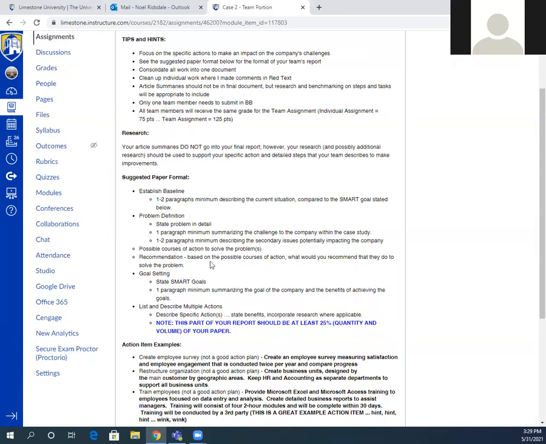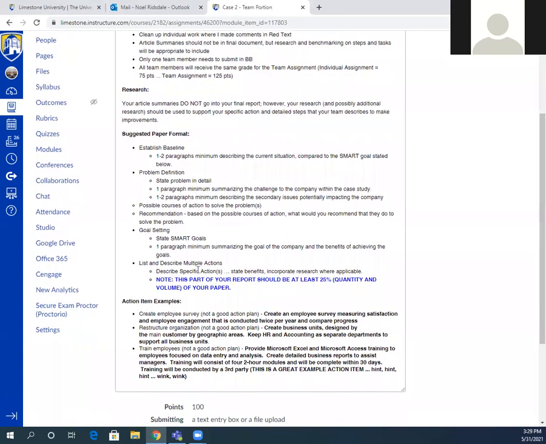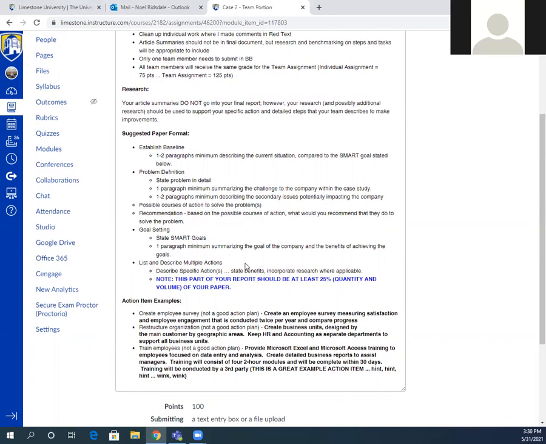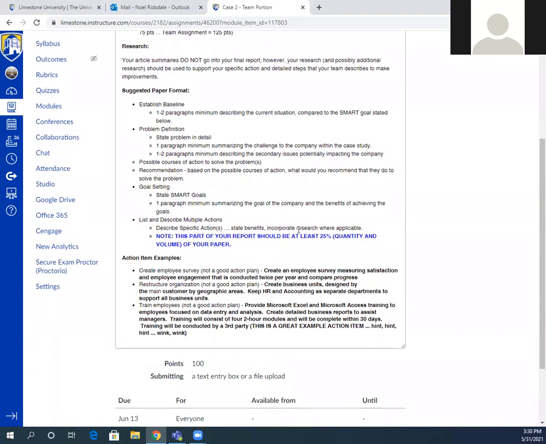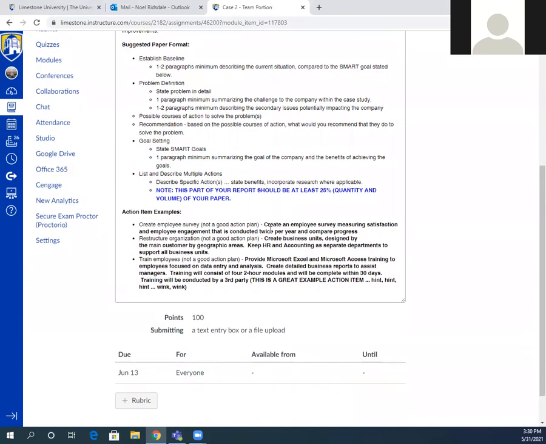The last part of this, as you can see, is description of the problems, recommendations, goal setting, with some action items. Those are specific, actionable items, similar to what we've been doing in the discussions.